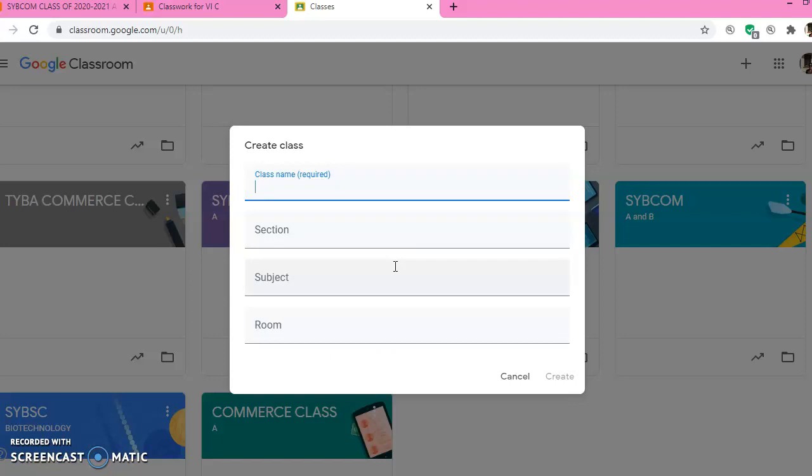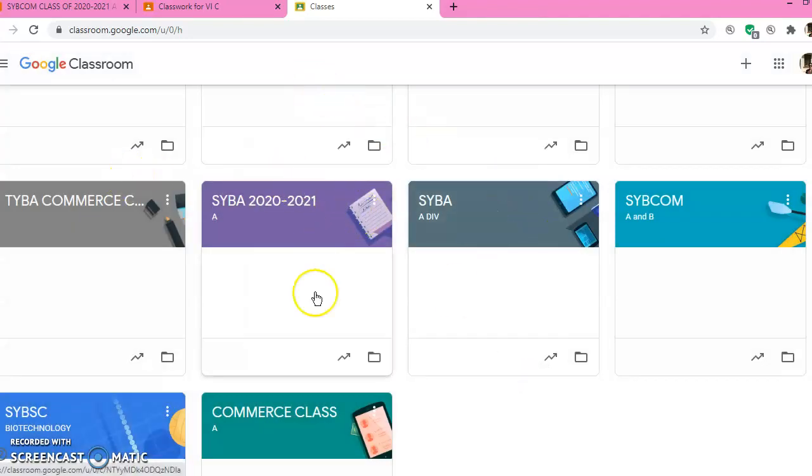So that next time if you have a group of classes, it is not difficult to locate which class it is. And for the same class, you might have different rooms or different subjects. So the whole thing becomes very easier to acknowledge, to distinguish between different sets of classes. Once all the details have been put, you will automatically find this create gets highlighted and your classroom is created.